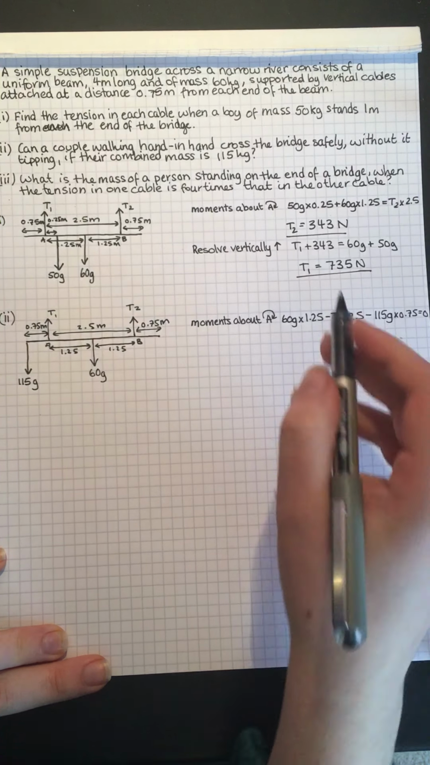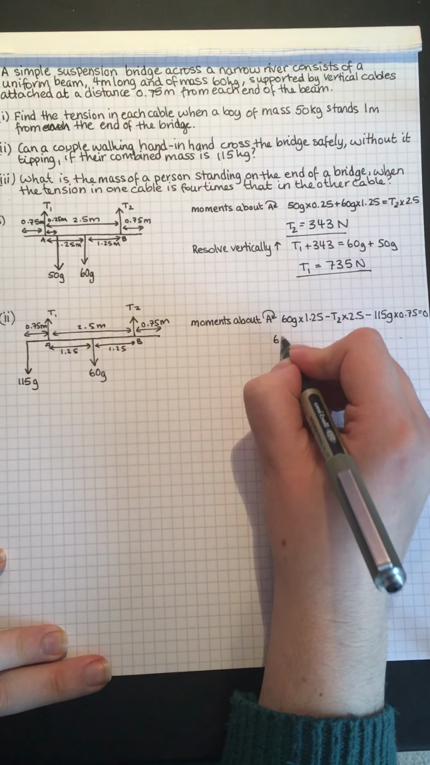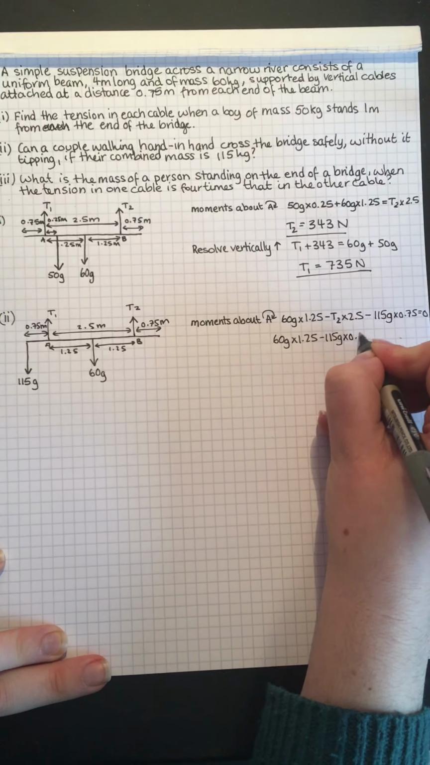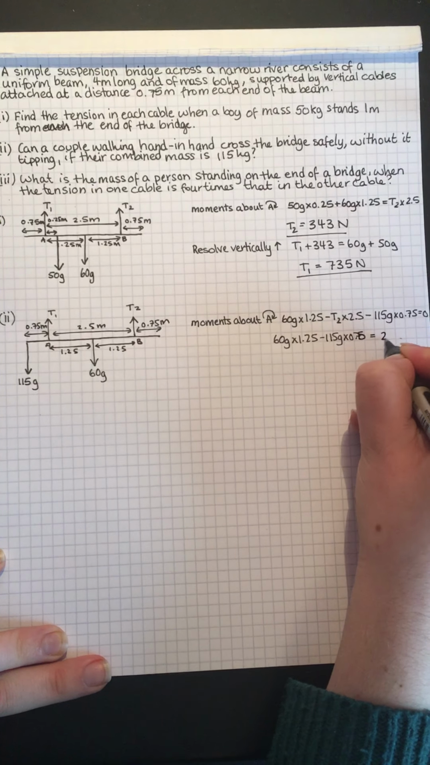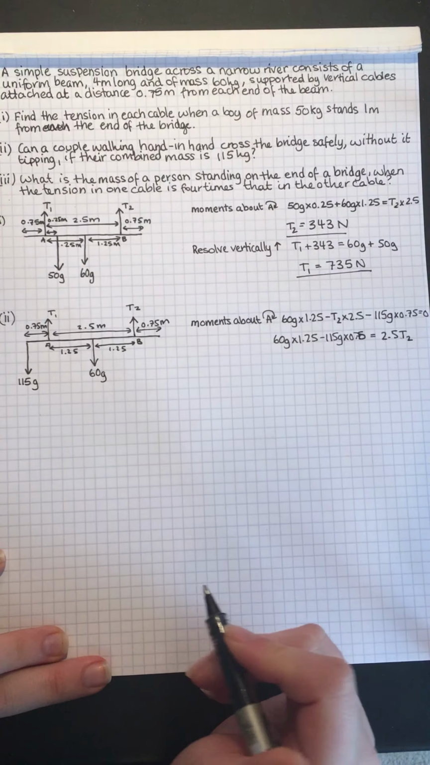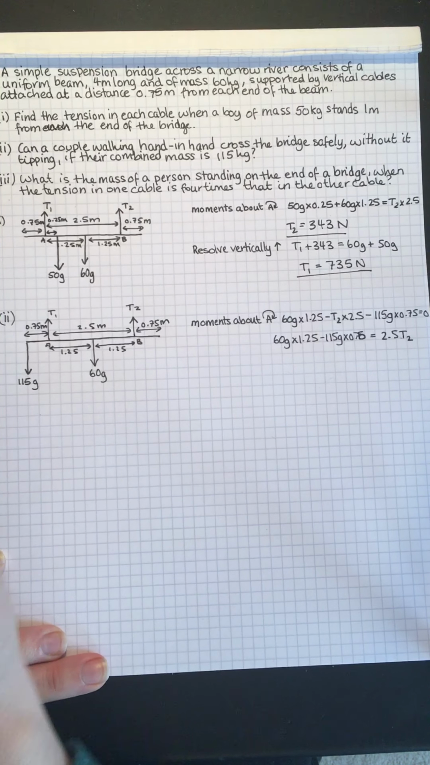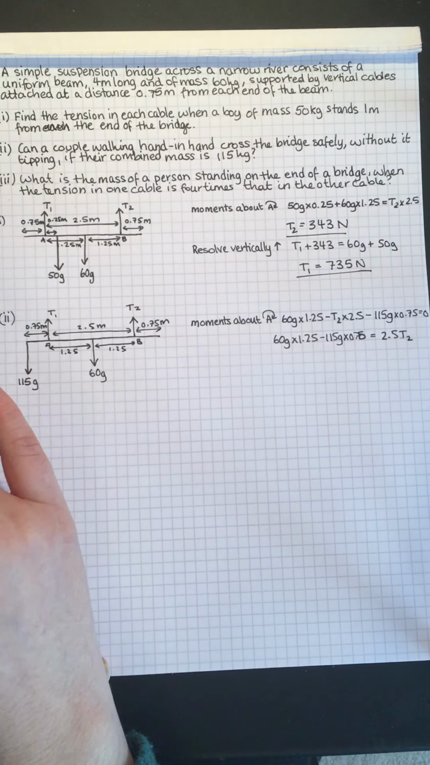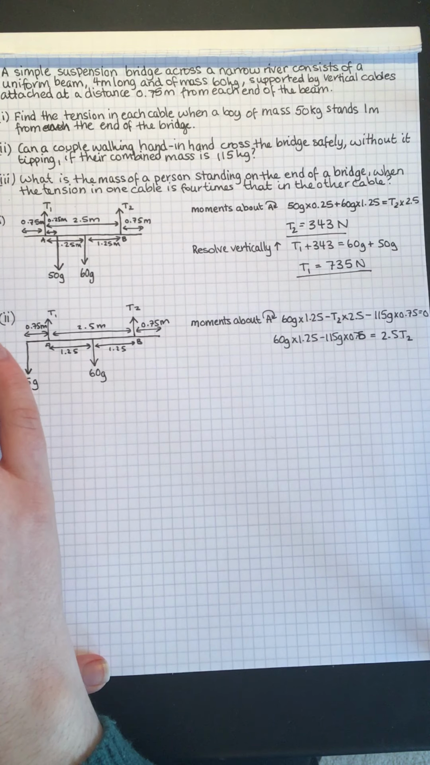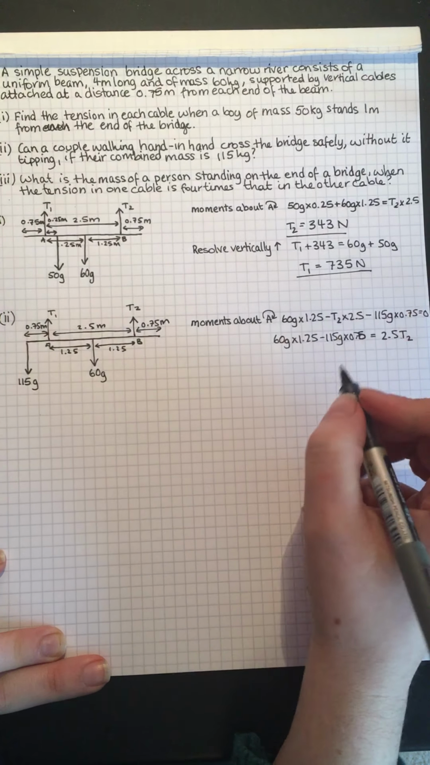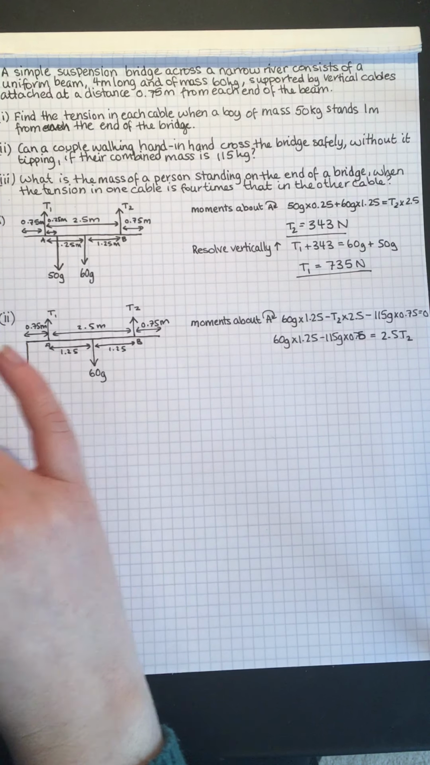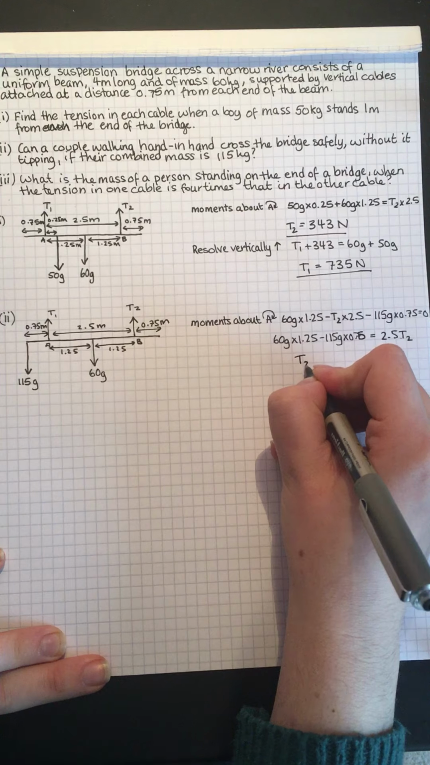Let's rearrange and solve this for T2. So we're going to end up with 60g times 1.25 minus 115g times 0.75 equals 2.5 T2. So let's see what T2 ends up equaling in this situation. So 60 times 9.8 times 1.25 minus 115 times 9.8 times 0.75, divided by 2.5. We end up with T2 needing to equal negative